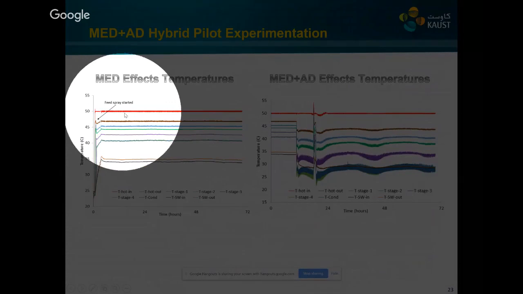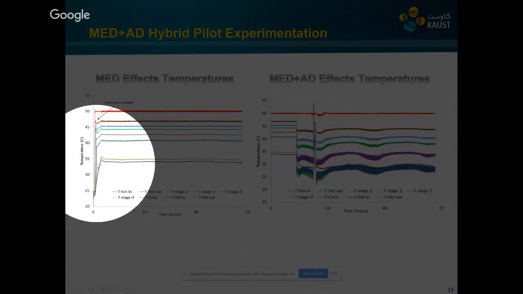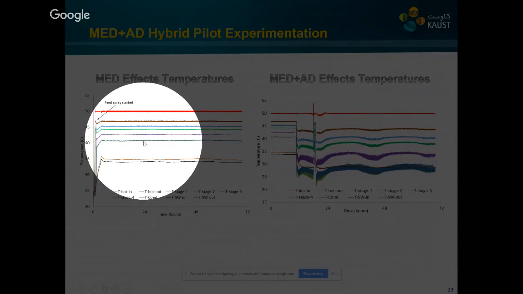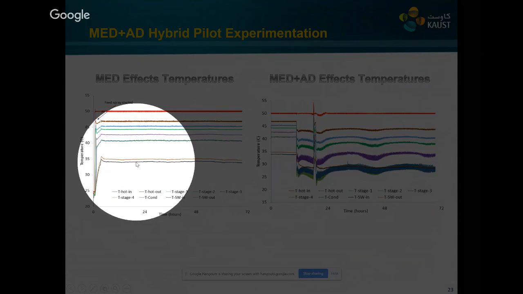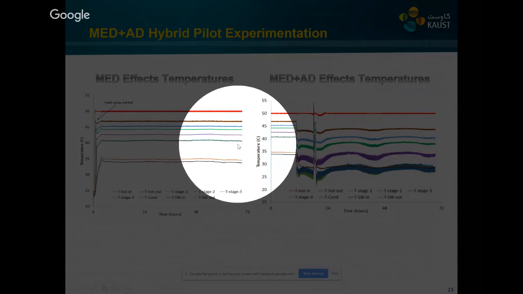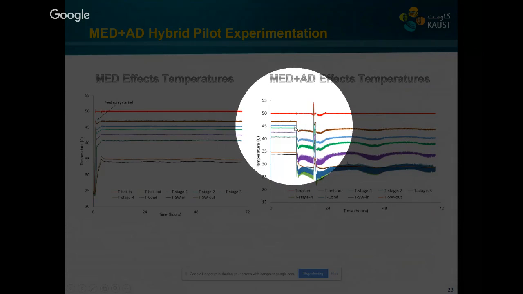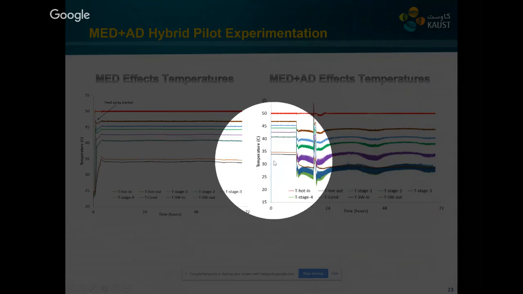So we operated at a 50 degrees centigrade heat source. In the conventional MED, we can see here the last stage temperature was 40 degrees centigrade. That is very close to our design, because conventional systems normally operate at 2 to 3 degree inter-effect delta T, with the last effect at 40 degrees when the seawater is around 32 to 33 degrees centigrade. So after 3 days of successful operation of the MED, this was the point where we opened the valve to link it to the adsorption cycle, and we bypassed the condenser.